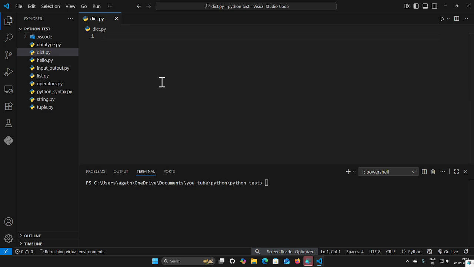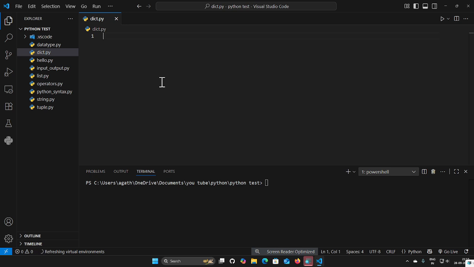For example, on a website, the website shows name, age, course, like this. In the name field, you write your name. In the age field, you write your age. In the course field, you select the course.